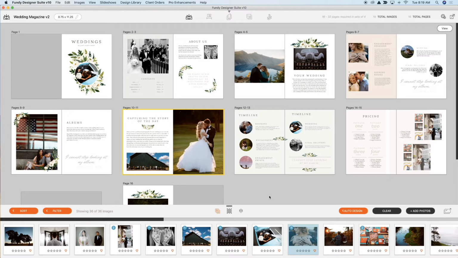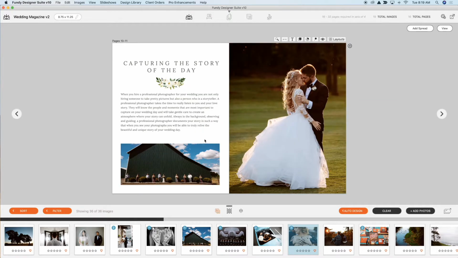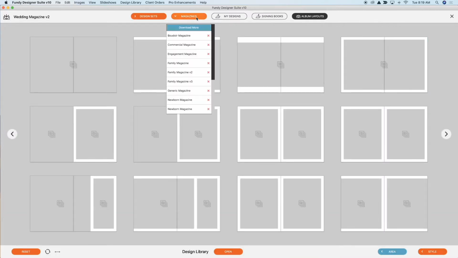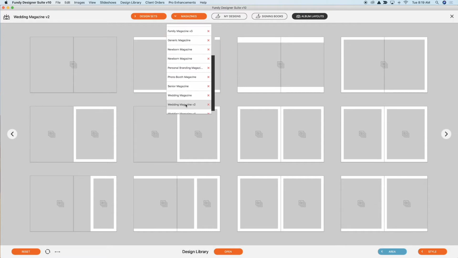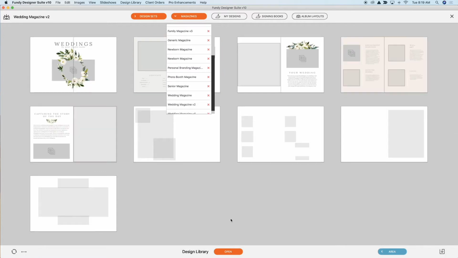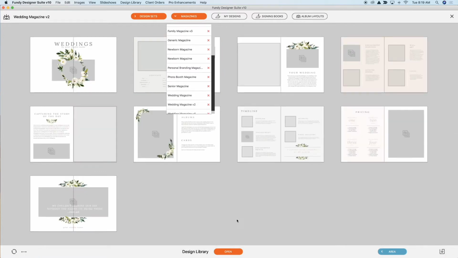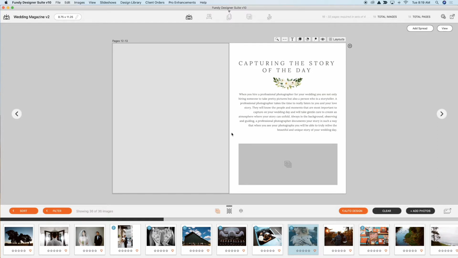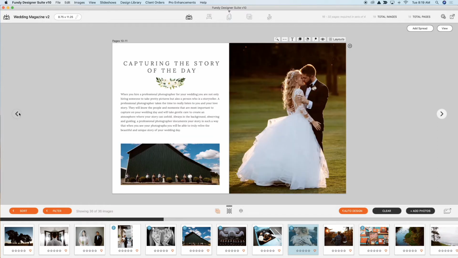This is a magazine that I've already designed. So let's say I want to add some pages after this page and use these same templates to design something slightly different. So I'm going to click Add Spread, go to my Layouts, and then go to my Magazine Layouts and choose that same magazine that I've started designing with. So let's go ahead and choose this similar layout, but I'm going to flip it so it's on the opposite side. So I hit the space bar, and if we go and look at this, it's the exact same design,